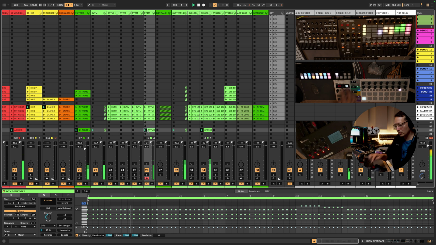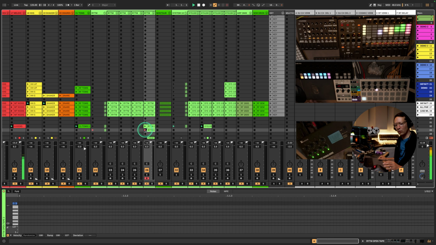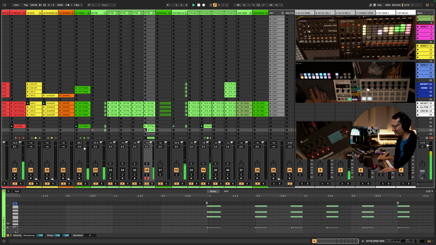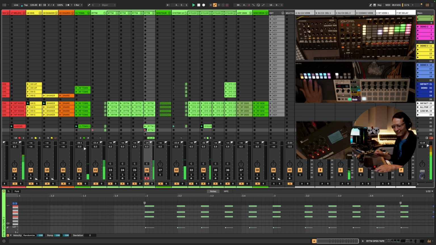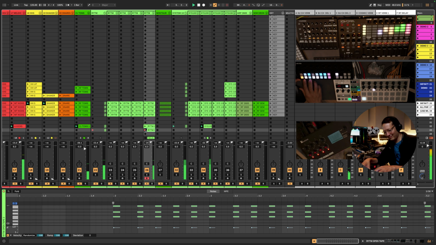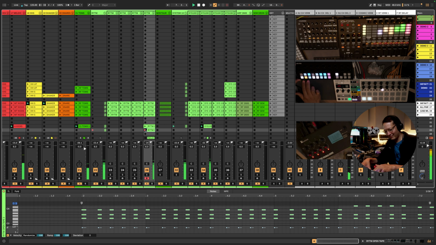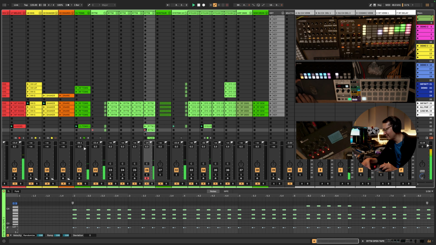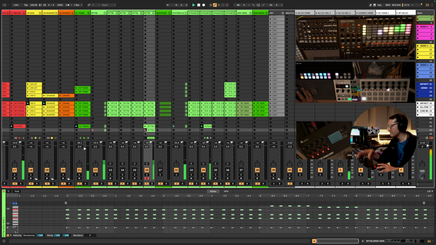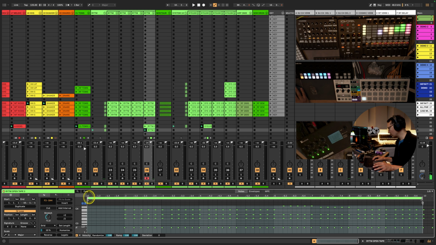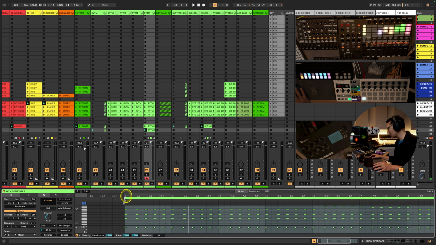I can go over here and mute this. And now we're in MIDI, in the DAW. 1, 2, 3, 4. Okay, so now it's like a proper MIDI pattern which has the transition or the change also where I would